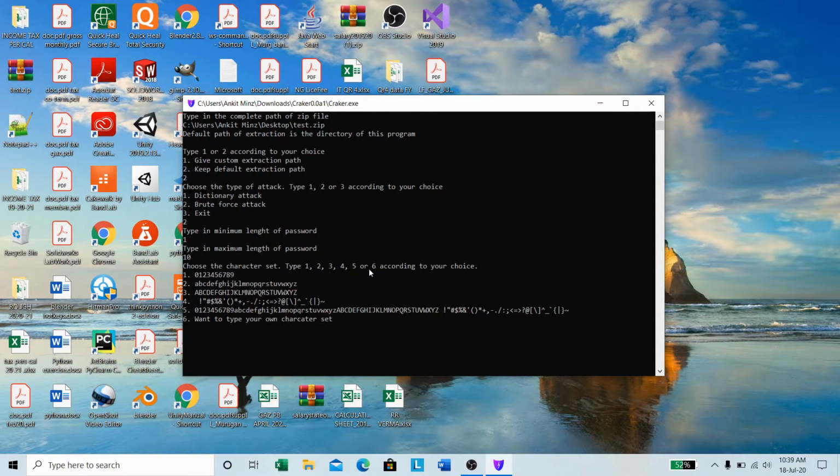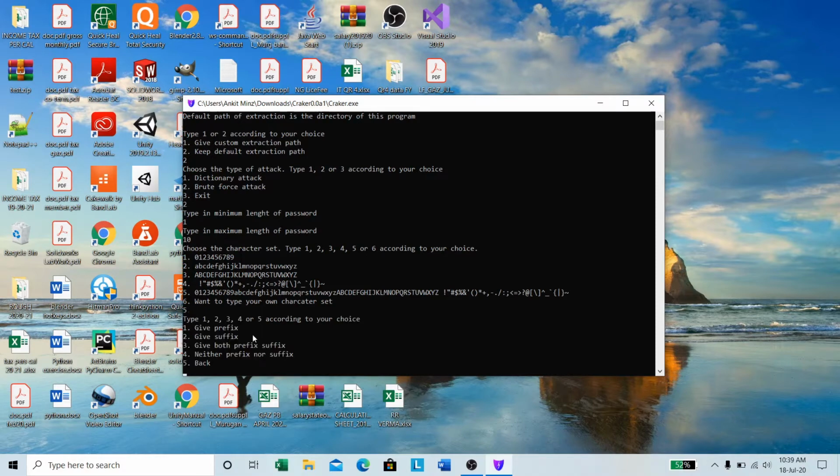Now choose the character set with which you want to perform the brute force attack. Just numbers, just small caps, just capital caps, weird symbols and everything. Or here is the last option where you can give your custom character set. Let's go for the 5th one. Now it will ask to give some prefix, suffix, both prefix and suffix, or neither prefix nor suffix. Let's go for the fourth.